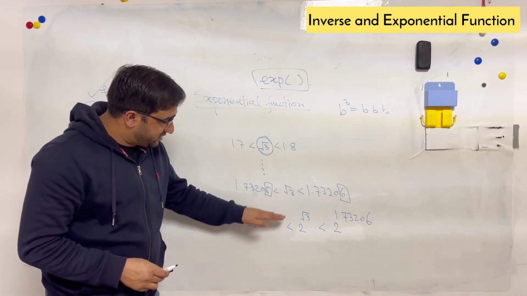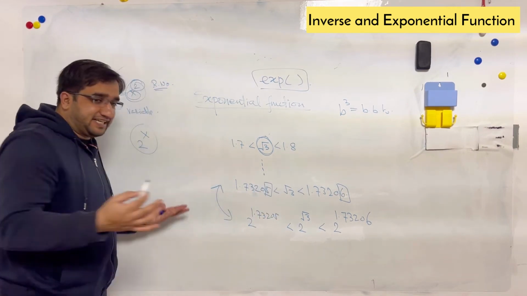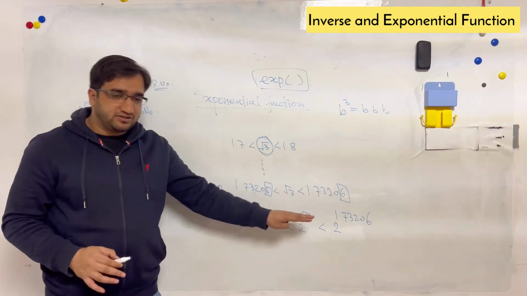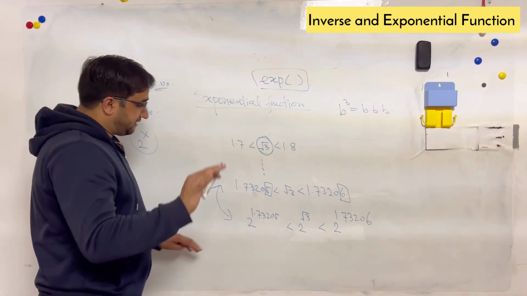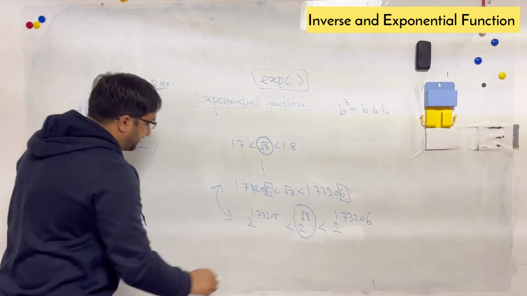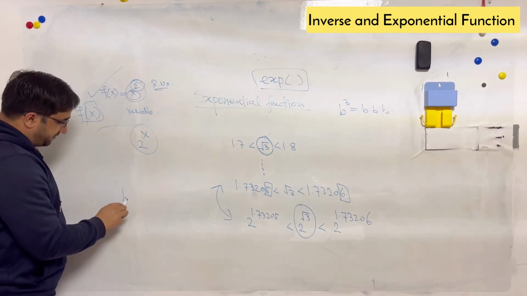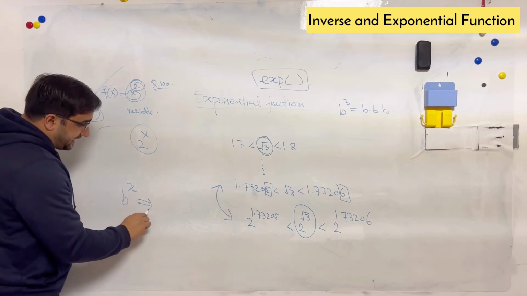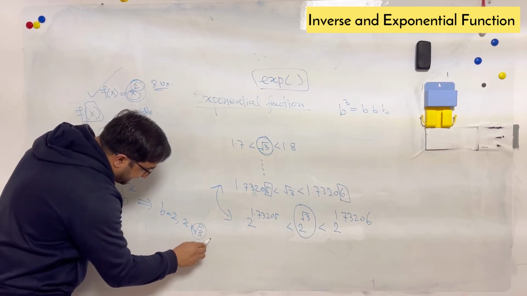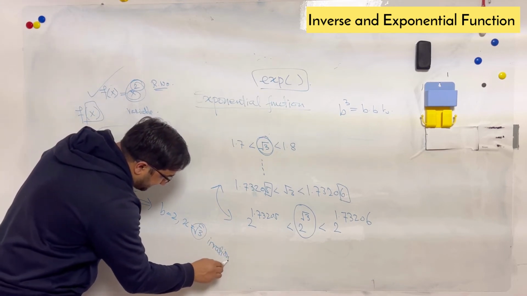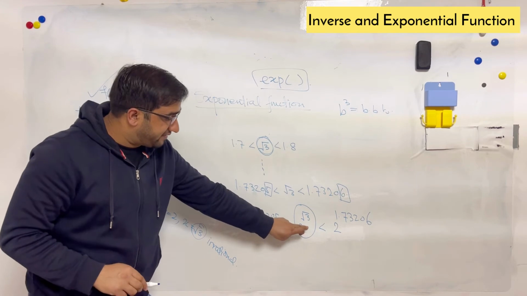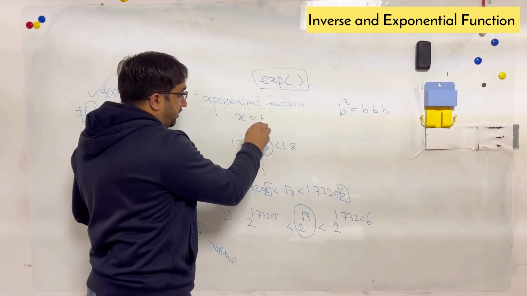Yes. Can I do these two steps? I have done nothing strange. Whatever I have done on the left, I have done on the right, so there is no effect, and they are both still valid. Now, if you compare this with b raised to the power x, then b is 2 and my x is root 3, which is an irrational number, right? So this is an exponential function, but the power x is not n.